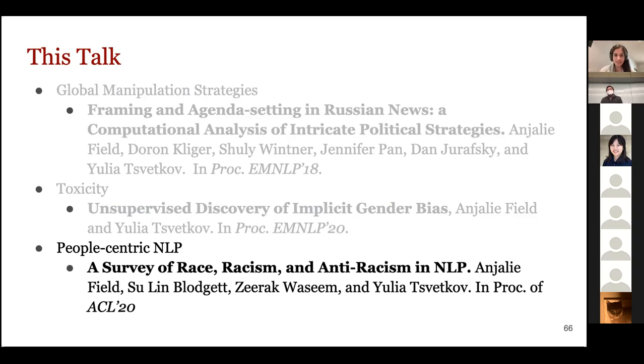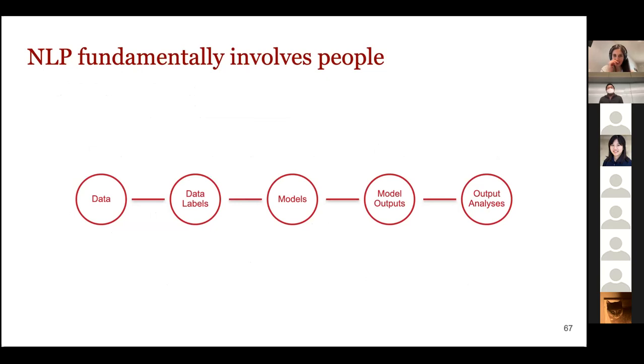But I wanted to bring this up because of the work that I'm talking about today. I think there's a lot of vagueness in the words we use to talk about it. So I'm using the word social-oriented NLP or social NLP, but there's also NLP ethics, there's NLP for social good, there's social computing, and I think there's a lot of mixture in these terms. But fundamentally, what a lot of this work focuses on is NLP that's about people.